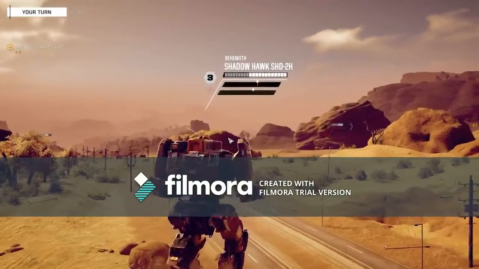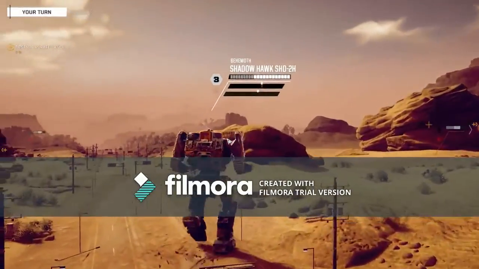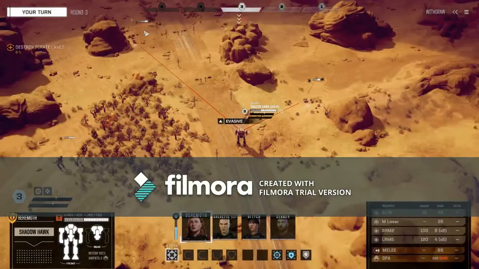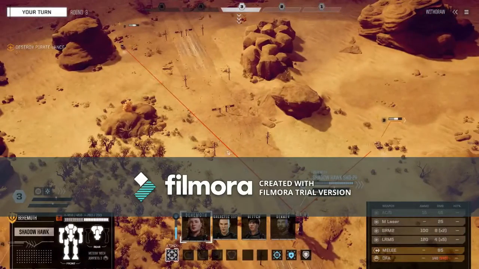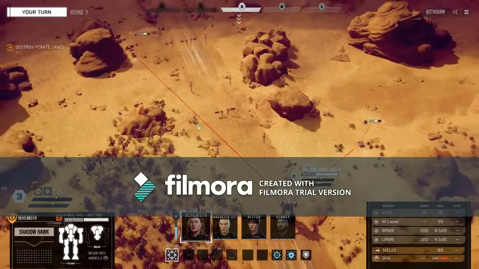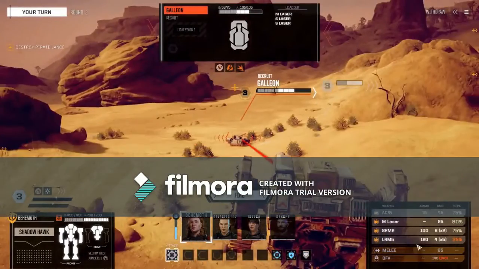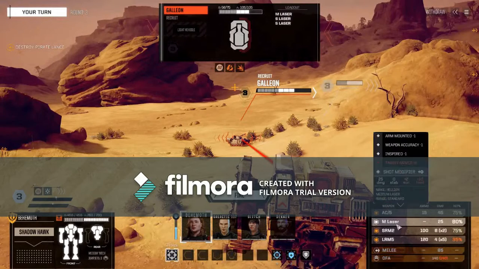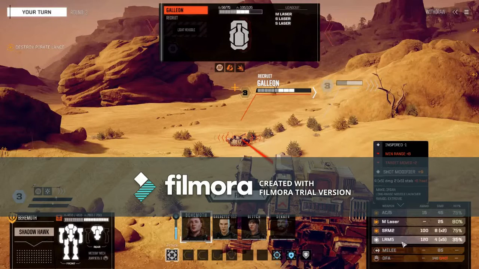That little cone is kind of their mech's firing arc. So anything that has the red lines right here and here shows that you can shoot them. They're within your firing arc range. So over here is all your weapons. You got the auto cannons, lasers, short range missiles, and long range missiles. There we go. Each one,